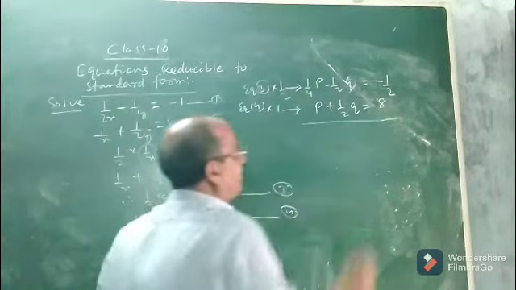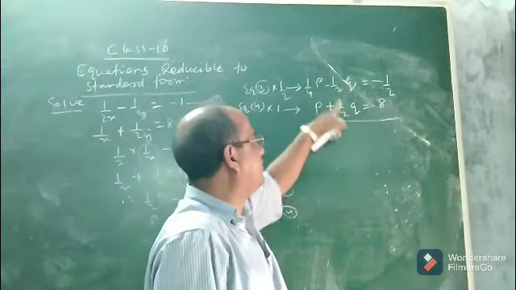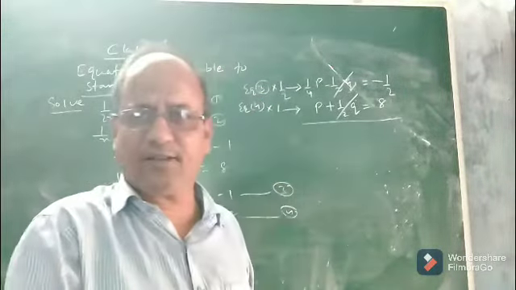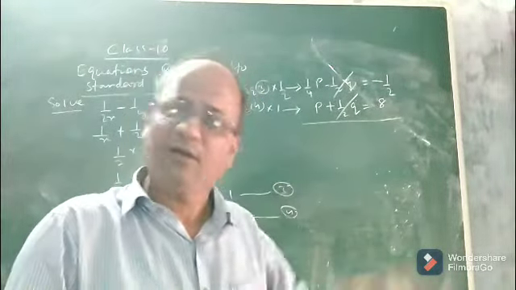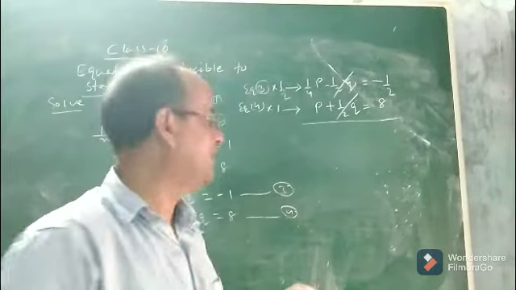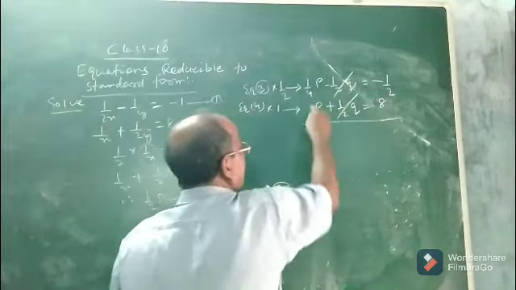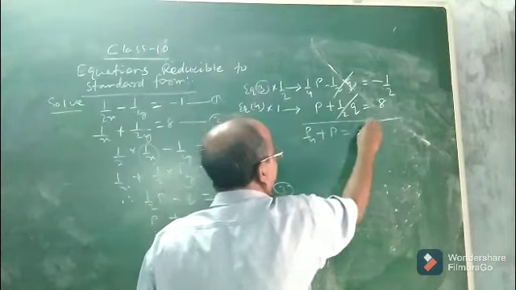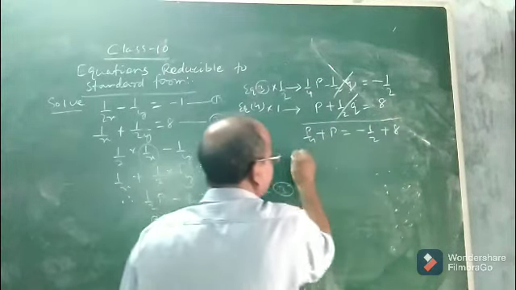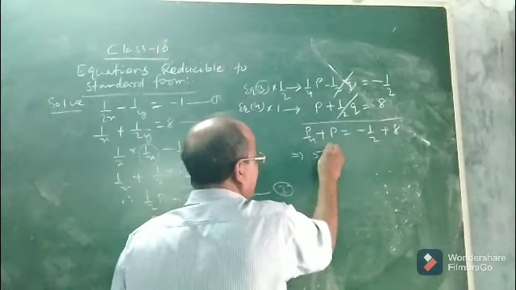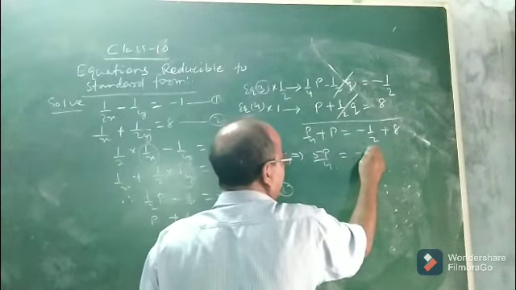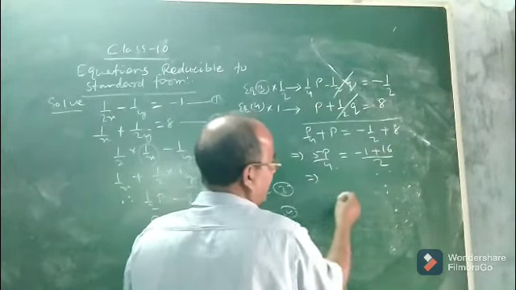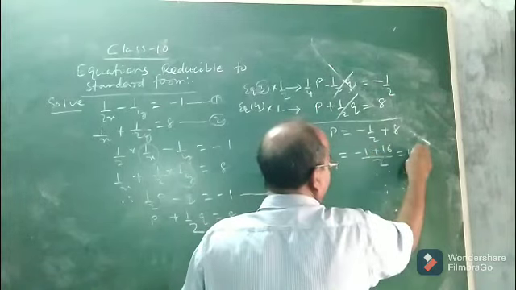Now what you will do, there is no need to change the sign, because you see minus half q, it is plus half q, so they will be added. That is why elimination by equating coefficient is otherwise known as your addition and subtraction method. I had discussed in the previous class. Okay. So now minus half q plus half q cancel. Then 1 by 4 p, you see, p by 4 plus p equal to minus half plus 8. You see. Now you add, it will be 5p by 4 equal to minus 1 plus 16 divided by 2. You solve it. Okay, and this is equal to 15 by 2.